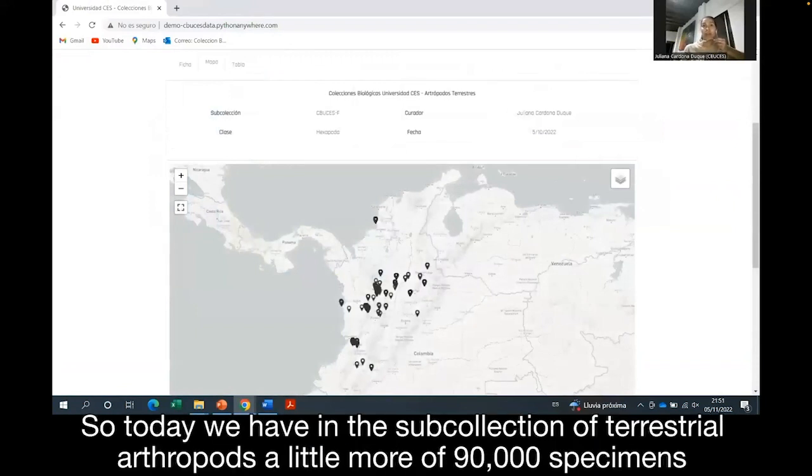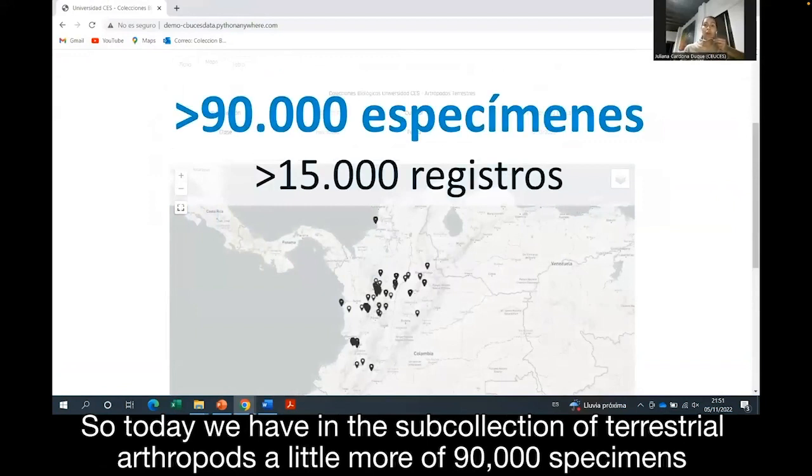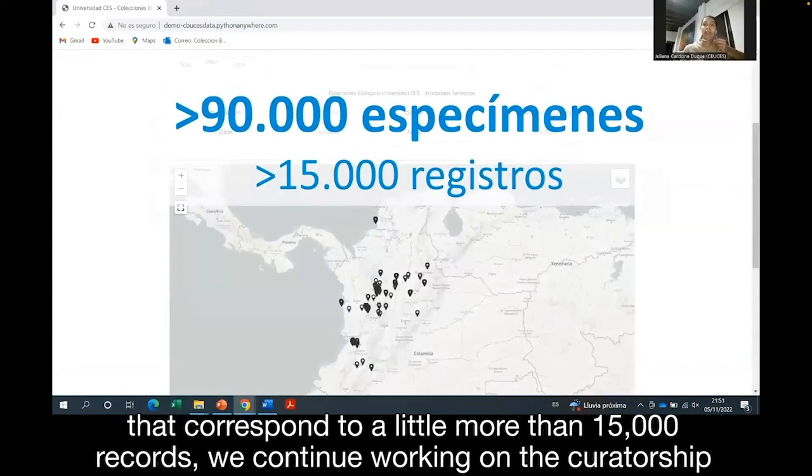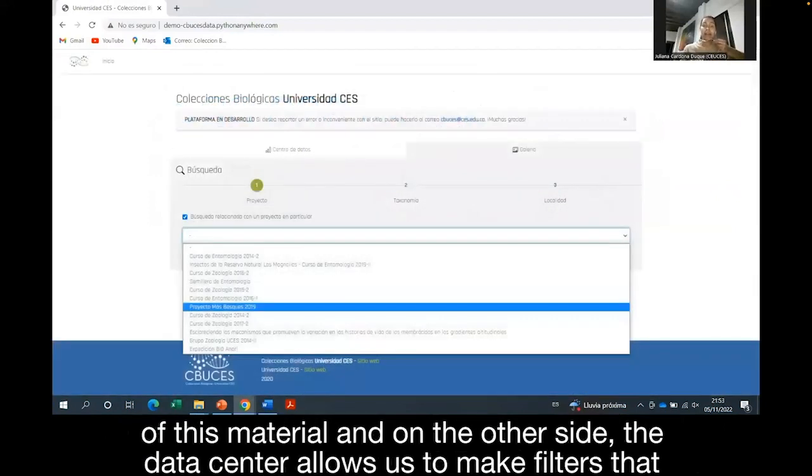Así, a hoy tenemos en la subcolección de artrópodos terrestres un poco más de 90.000 especímenes que corresponden a un poco más de 15.000 registros. Seguimos trabajando en la curaduría de este material, y de otro lado el centro de datos permite hacer filtros que